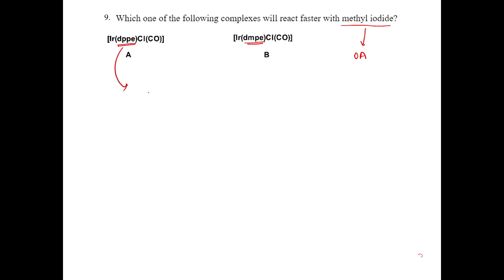This ligand is basically a bivalent ligand. This is the ligand, and in this case this is the ligand. So the actual complex is